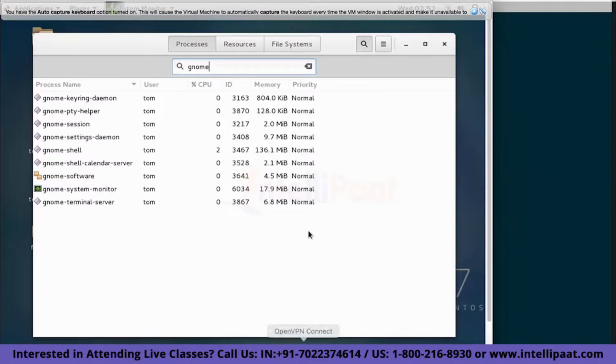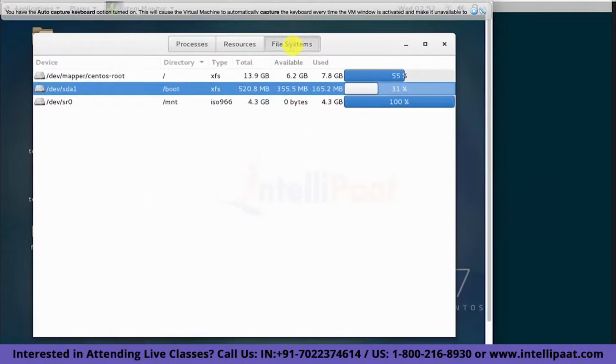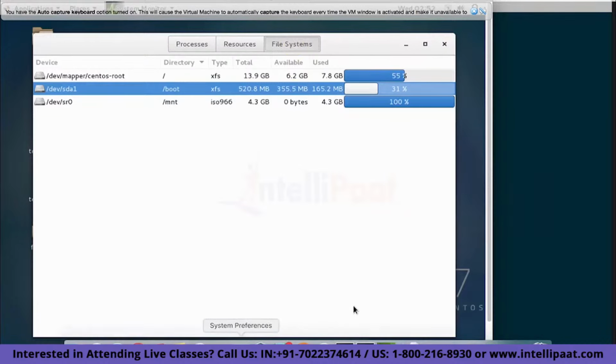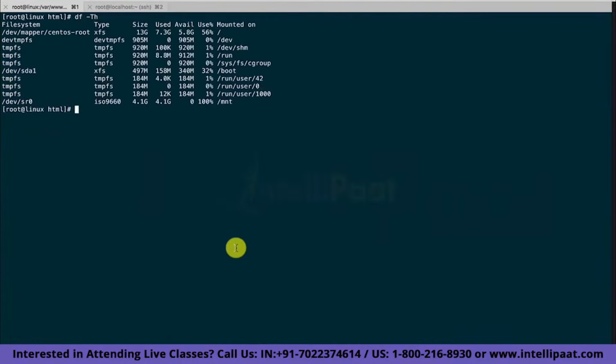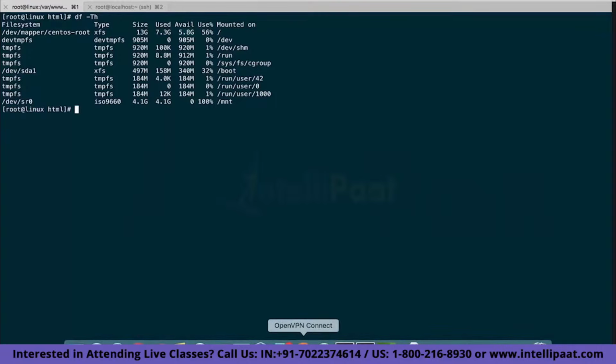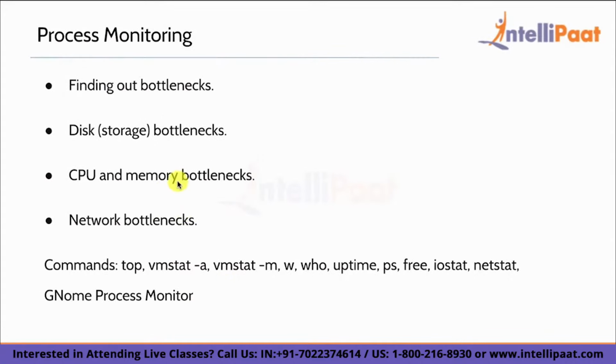And say in case of file system, these are the information showed in a graphical format here. Say you want to see them in the command line format also, then you remember you could use the df command to show the same information. df -th shows the root partition, how much is used, how much is available, and information like that. So these are the process monitoring tools. You can use them in order to do your process monitoring activities, and you should try all these commands and